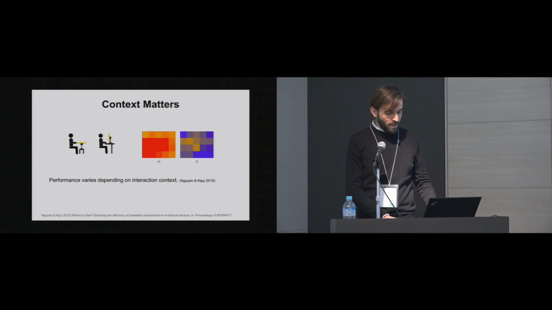In previous work, it was found that touch performance differs depending on factors like surface orientation and where on the screen the touch occurs. As you can see in the figures, if a person uses a touch display, he is faster with a horizontal display than with a vertical display. So we can say context matters. But what is context for touch interaction on smartphones?